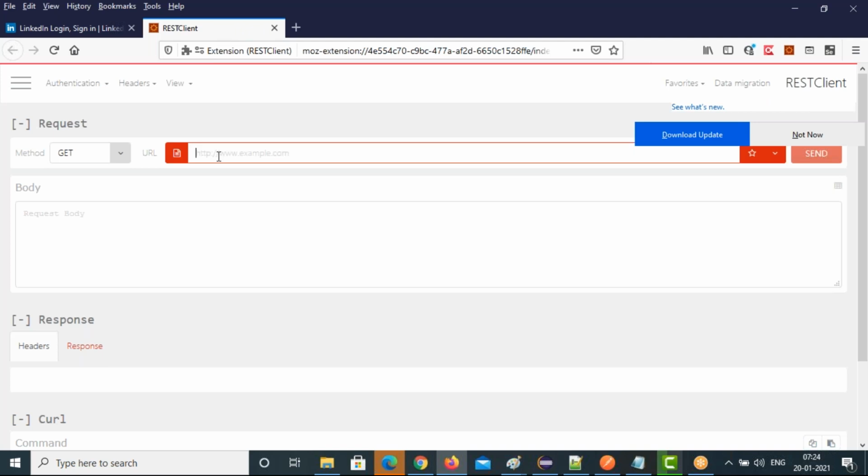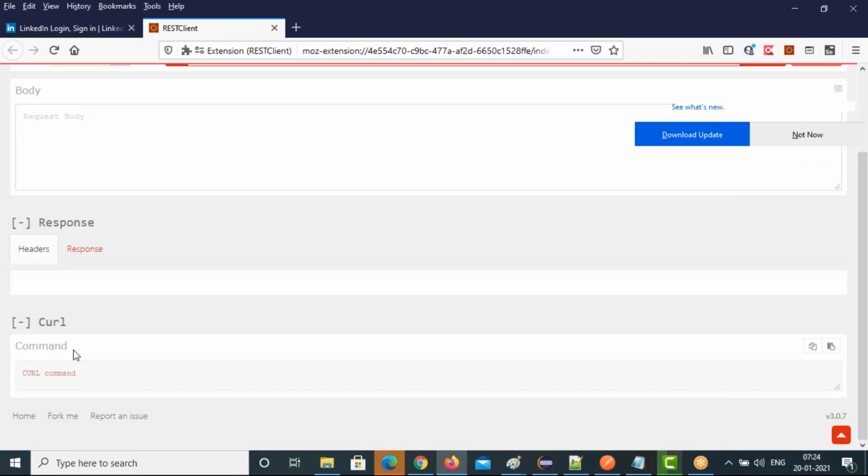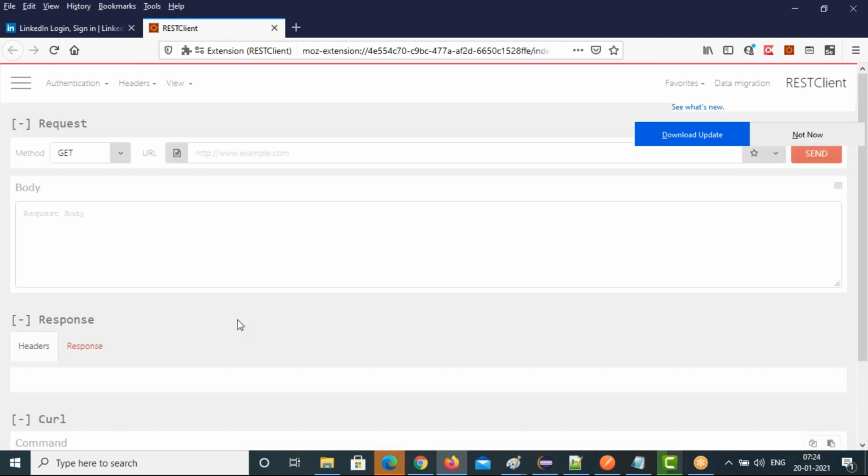When you send the URL, you'll get a response here. You can even execute curl commands, like command prompt things. You can execute all the requests very nicely.